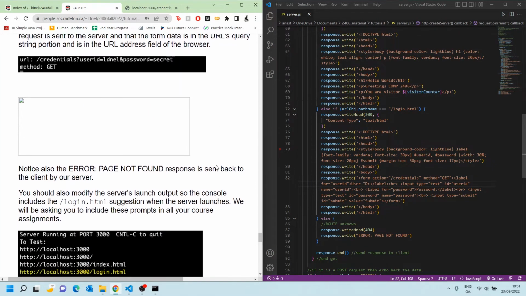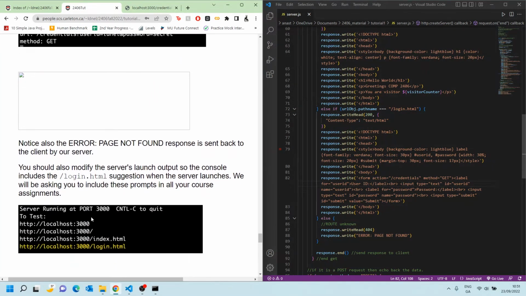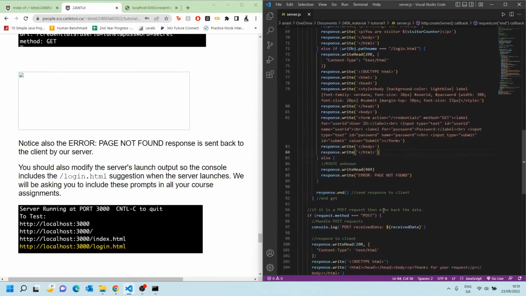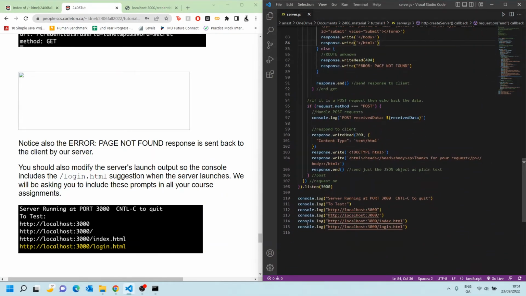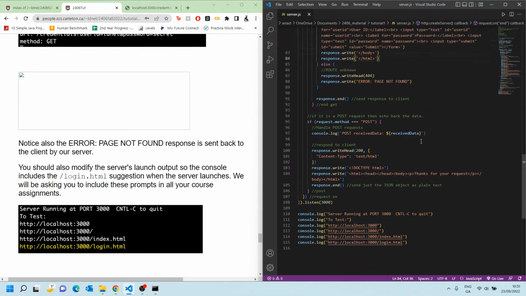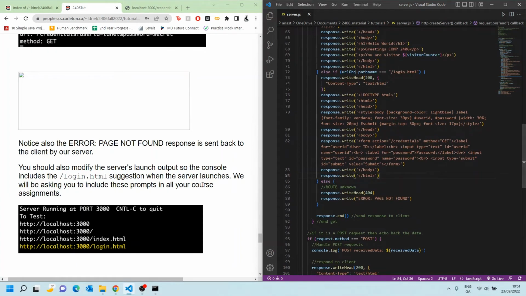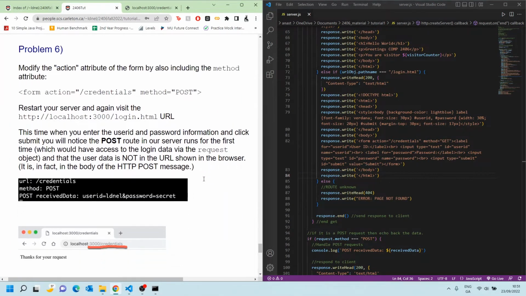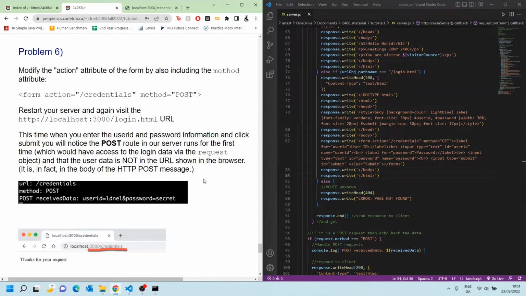Just a small modification to the code as well. On the output lines, the console also logs that we have the login.html file to be able to browse into as well. Problem 6 is now asking us to modify this action attribute, which